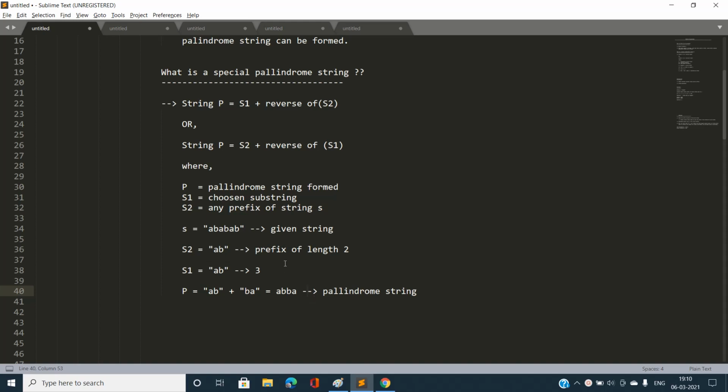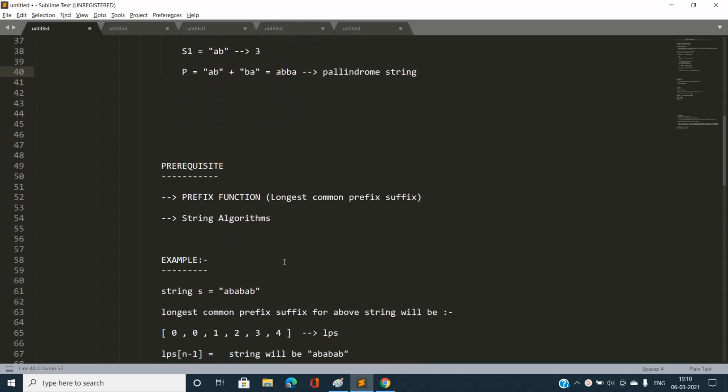So what will be the prerequisite to solve this problem? We must know the prefix function or any hashing algorithm, or any better string algorithm, to check the substring search. Now you can see I have used here the prefix function, longest common prefix suffix, that gives us the best way to solve this problem efficiently.